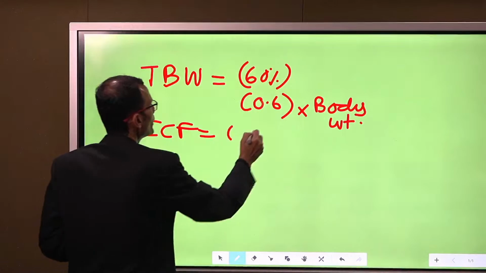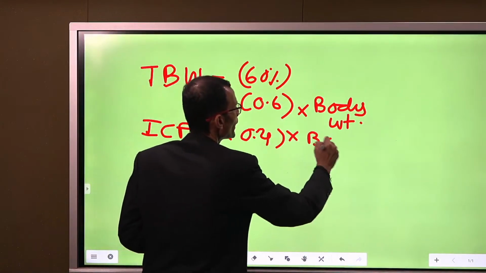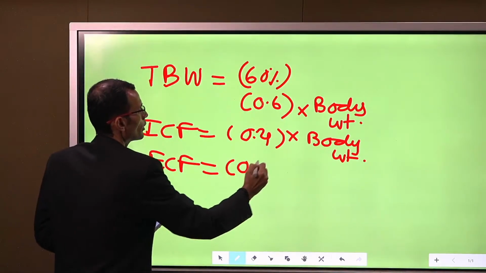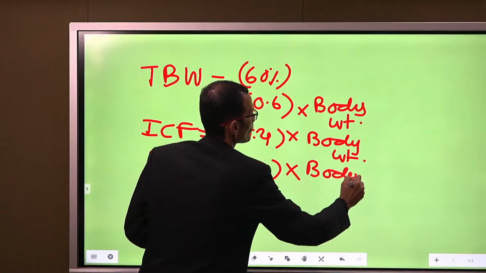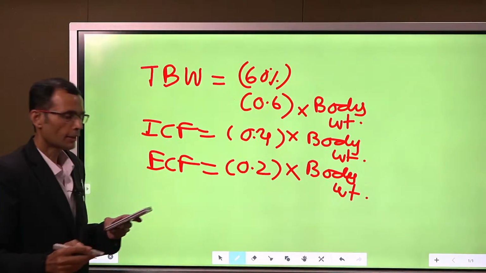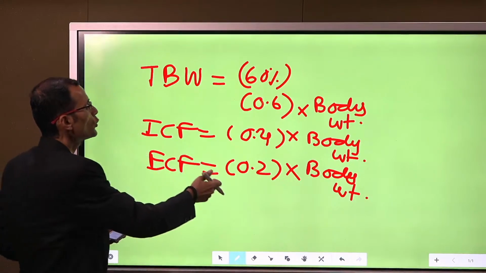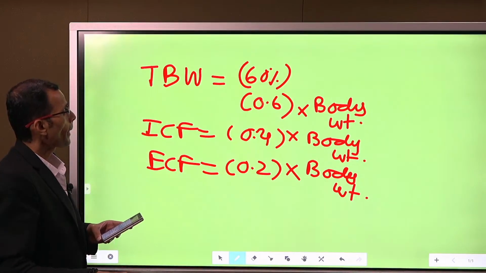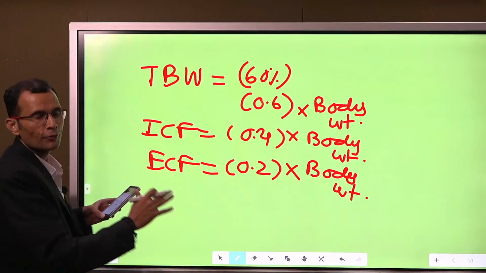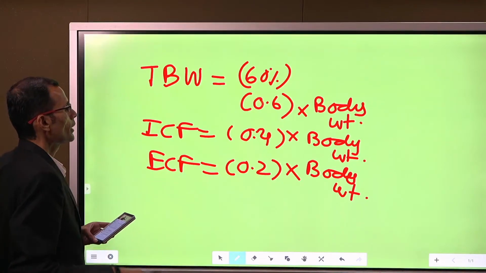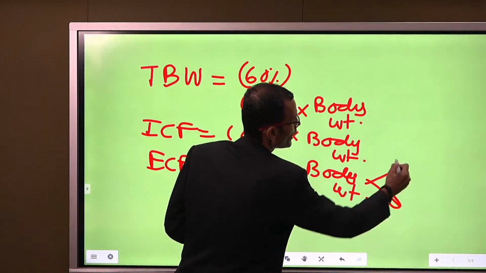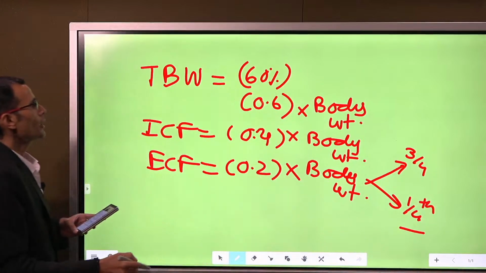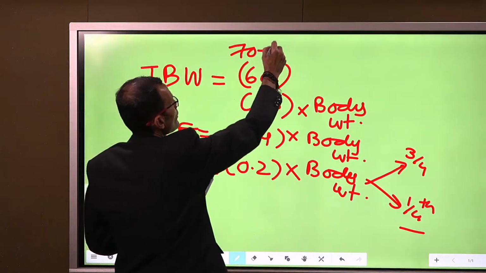So ICF will be 0.4 into body weight and ECF will be 0.2 into body weight. So the table is 0.2, 0.4 and 0.6. Now in these body fluid compartments, the ECF is further divided as 3/4 and 1/4. Okay. So in a 70 kg adult,